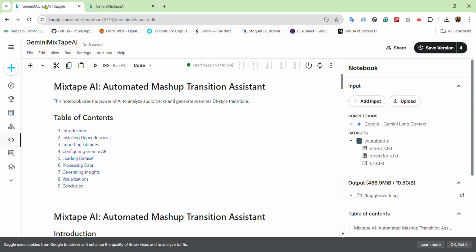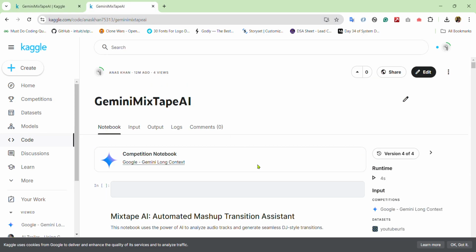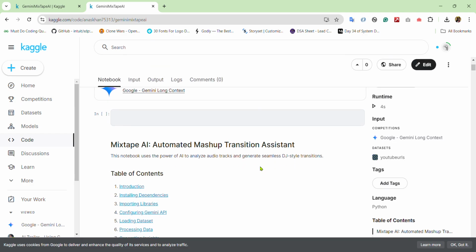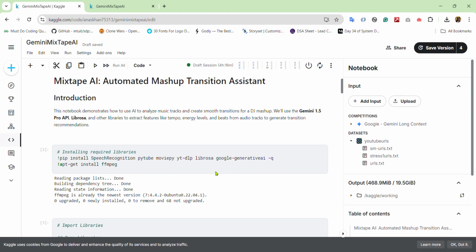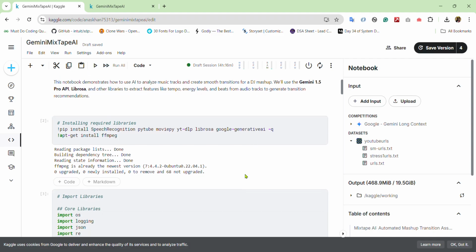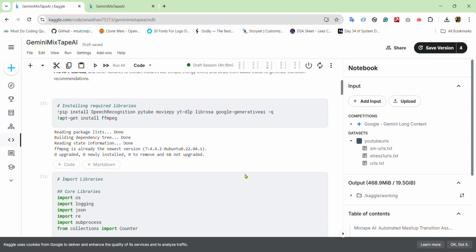So this notebook showcases how Google's Gemini model plays the role of a true assistant in crafting a professional grade mixtape. So here's the basic setup of the notebook, and at the heart of this project lies the challenge of generating precise transitions between tracks. The goal is to let Gemini shine as it analyzes audio insights and offers actionable suggestions for creating a flawless